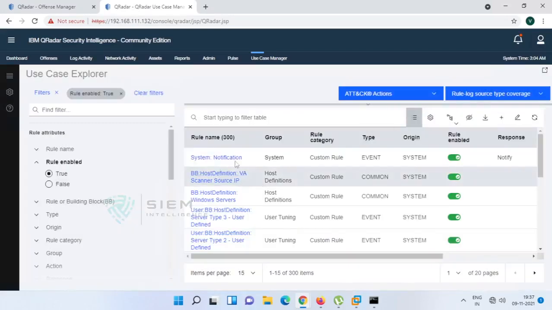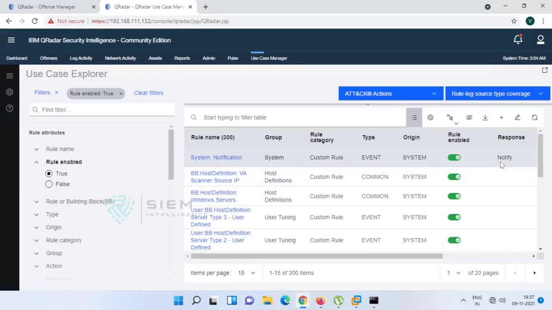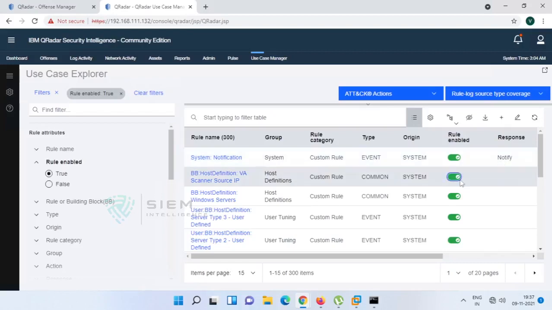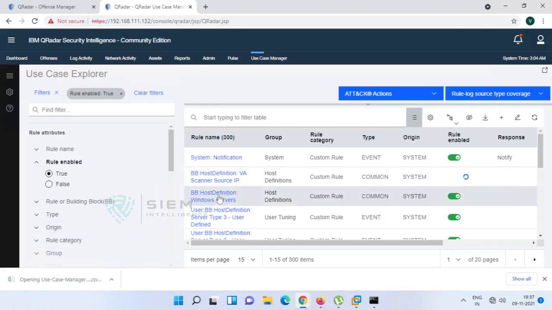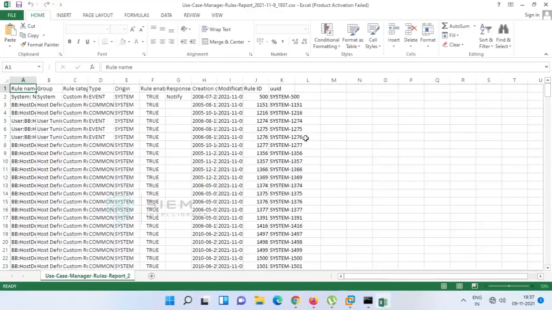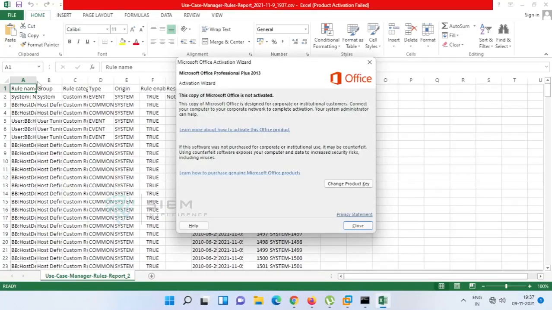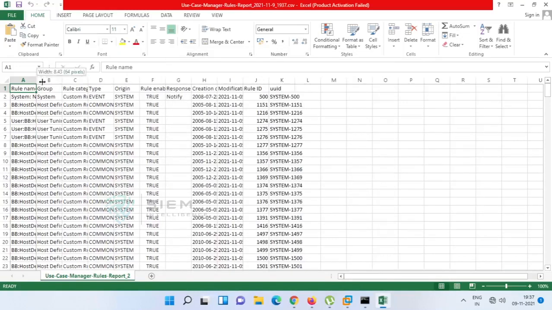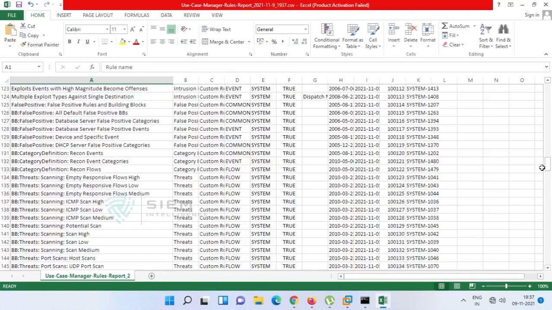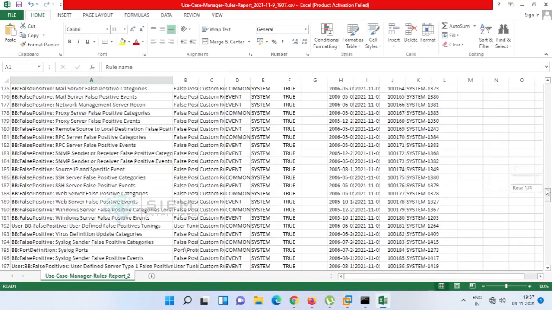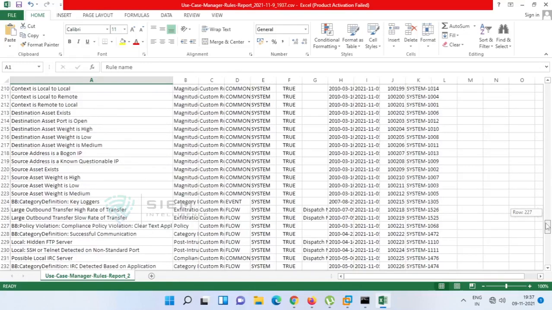You can also select multiple rules, see something like this, not like this. Okay, see you have downloaded that particular rule. See these many rules you have downloaded. It's a combination of everything. Enable status, right now these are in enable state.